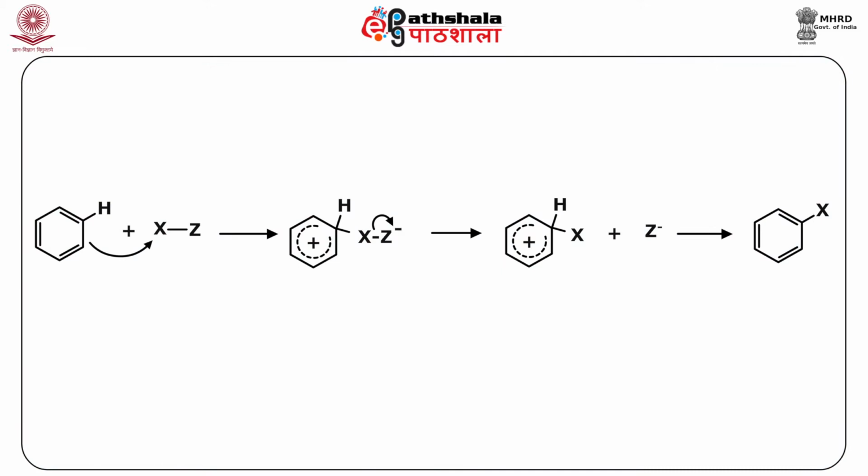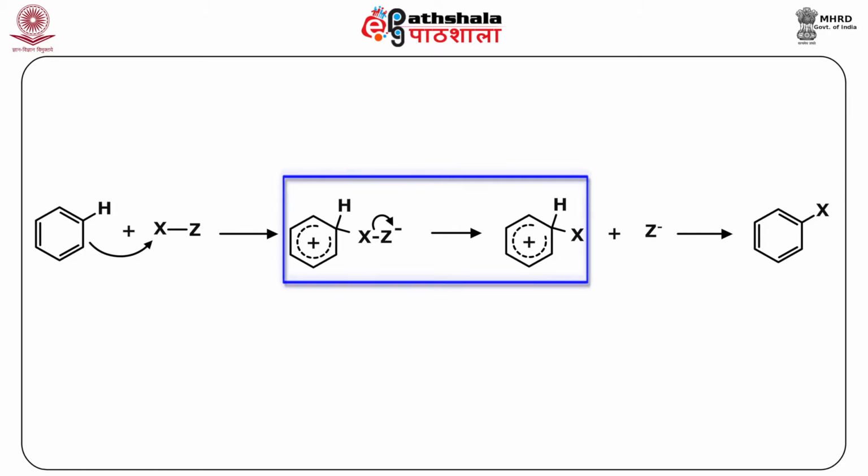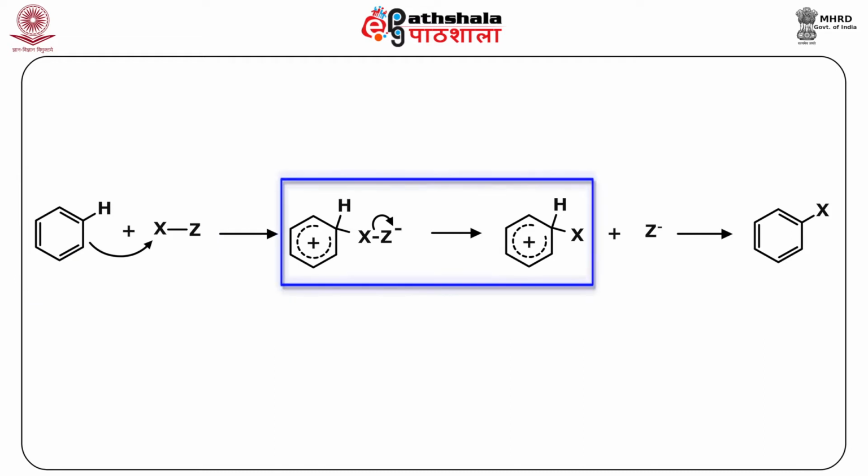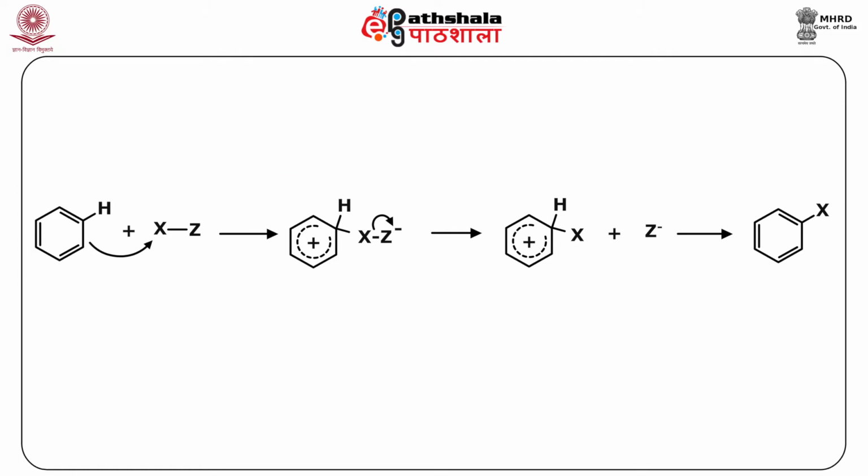If the electrophilic species is not an ion but a molecule with a polarized covalent bond, the product must have a negative charge unless it is part of a dipole, with its pair of electrons broken off somewhere in the process, as in the conversion of A to B. Now as you can see here, what is A and what is B, how it is different from the nucleophilic substitution in case of carbonyls and esters. Note that when the aromatic ring attacks X, Z may be lost directly to give you the B. Now you see here the difference when the attacking electrophile is a molecule instead of an ion.